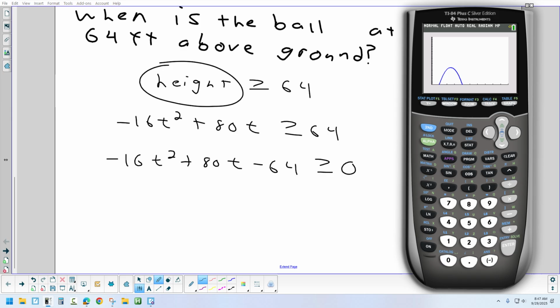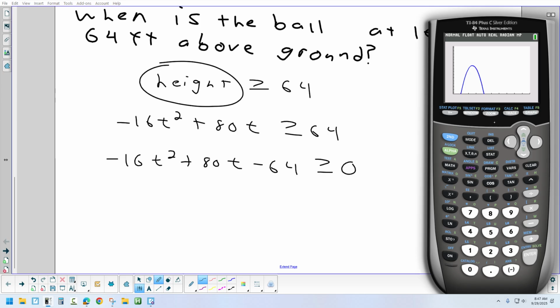Okay, so I got a lot more room there than I need. I am going to zoom in to make it easier to see. So what I'm going to do is, let's set the Ymax. Let's try that at like 60 to make that a little bit better to see. Okay. That looks good. So we're looking for where this object is 0 or higher, which means visually we're looking for